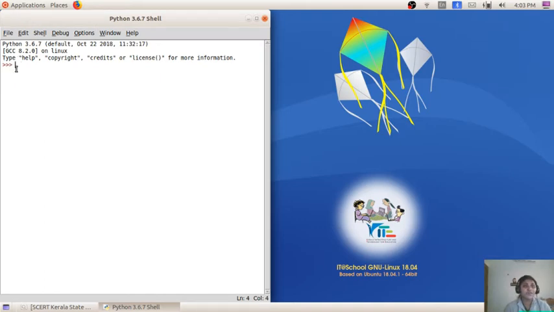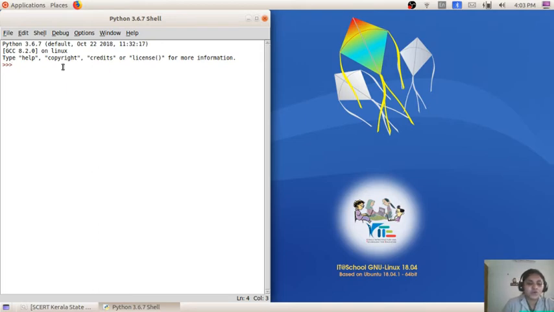And also this portion is where we type all the commands and programs. It starts with this, and this is known as the shell prompt. Okay, here we can name it the shell prompt. So this window is the Python shell, and this is known as the shell prompt. Here I am going to type some commands which we have studied previously.